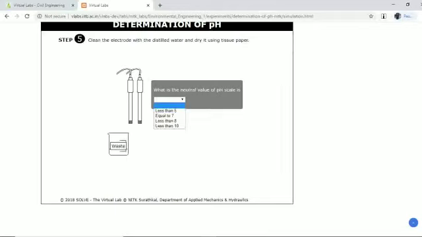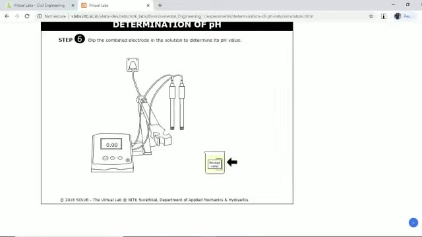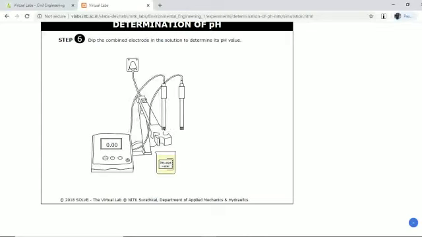What is the neutral value of the pH scale? It is equal to 7. Okay. And now we have to dip the combined electrode in the solution. This helps to determine its pH value.